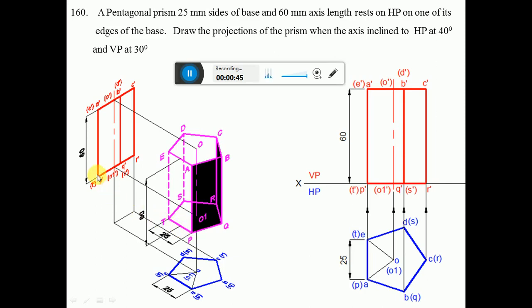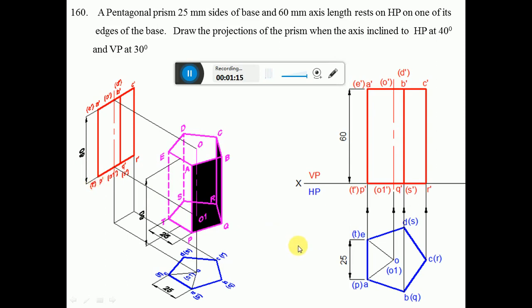So obviously you get a point at the end point of the front view. So you're going to get P dash, T dash. When you look from the top view, you can see the entire pentagonal surface of sides of 25 mm. Similarly, when you look from the front view, you can see only the rectangular faces, which are at a height of 60 mm.